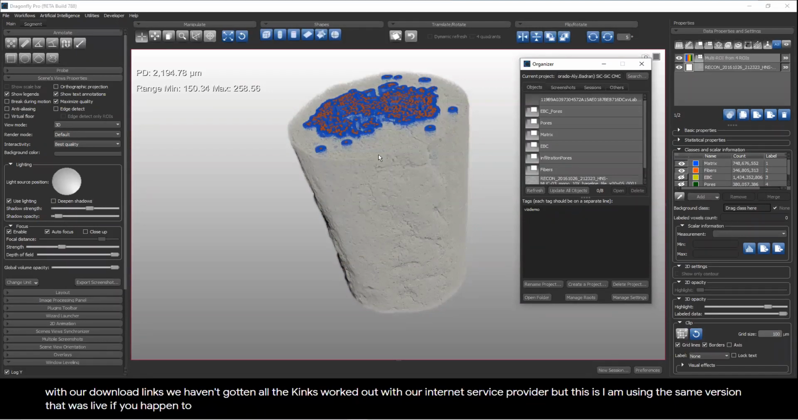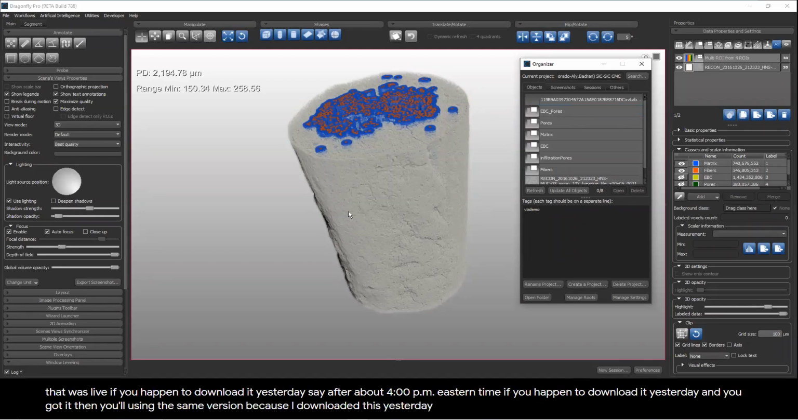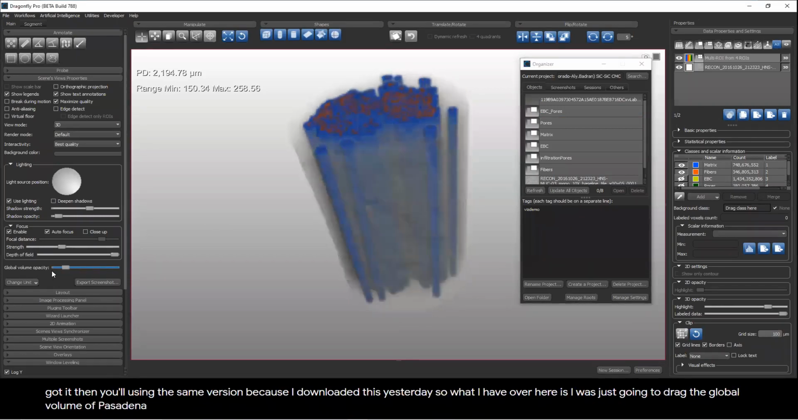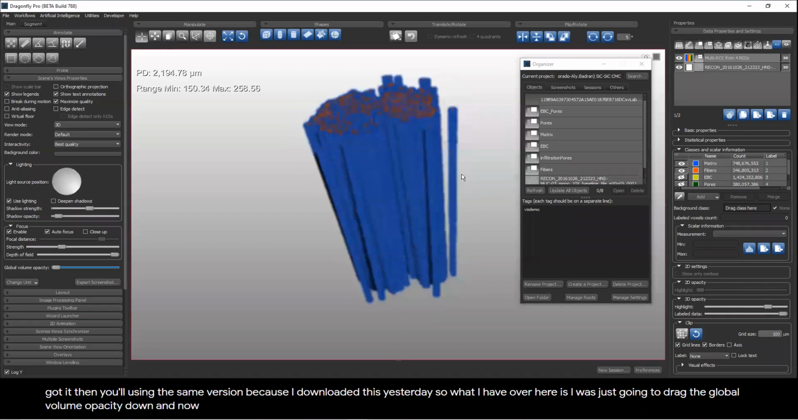If you happen to download it yesterday, say after about 4 p.m. Eastern time, and you got it, then you'll be using the same version, because I downloaded this yesterday. So what I have over here is I was just going to drag the global volume opacity down, and now I have this new rendering, and it has different effects because I'm using, what did I